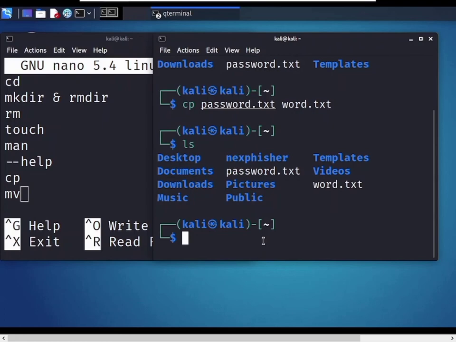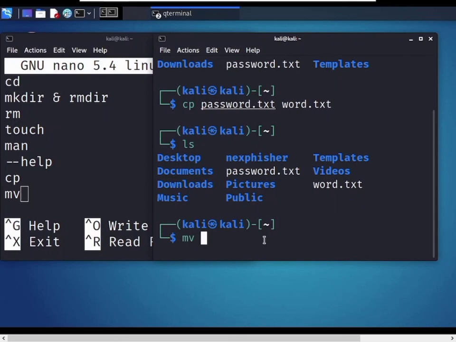Now if you want to rename the file password.txt to new.txt, so now how to use the move command?